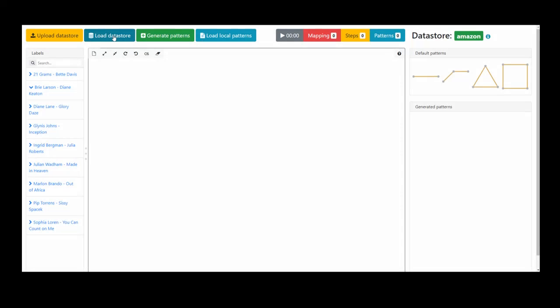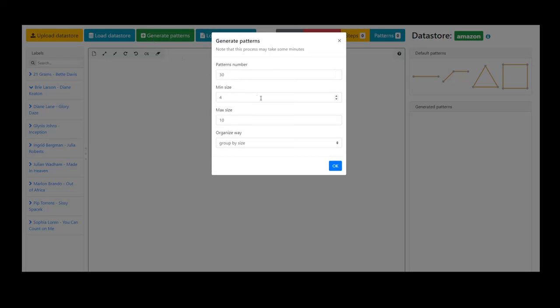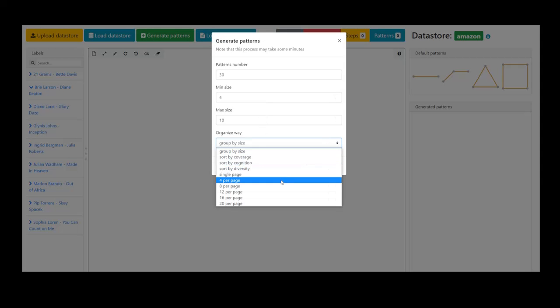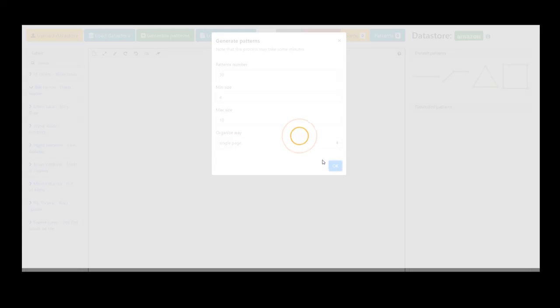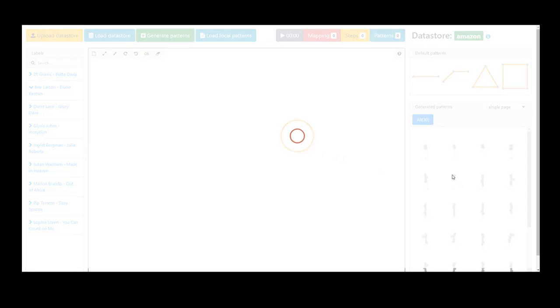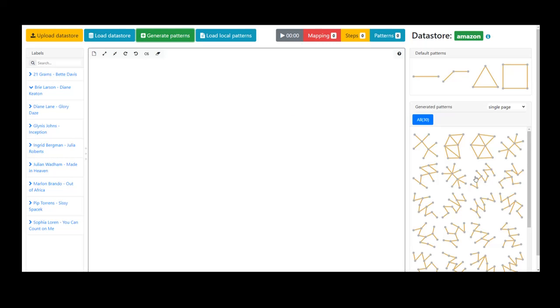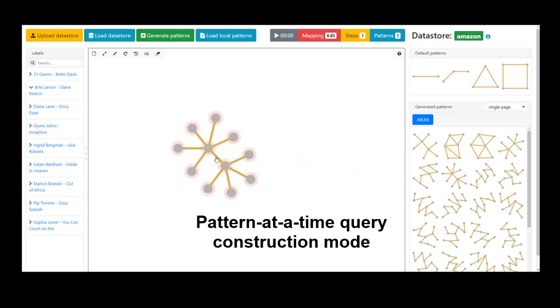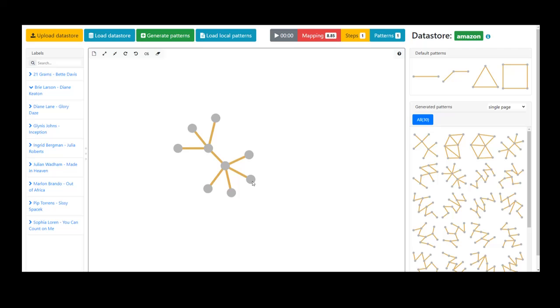A useful component in a VQI that can facilitate both top-down and bottom-up search is a panel containing a set of small subgraphs or patterns. Specifically, a pattern enables a user to construct multiple nodes and edges in a subgraph query by performing a single click and drag action, referred to as pattern at a time mode, in lieu of iterative construction of edges one at a time. In bottom-up construction, there is no clear pattern in mind and these patterns act as representative objects